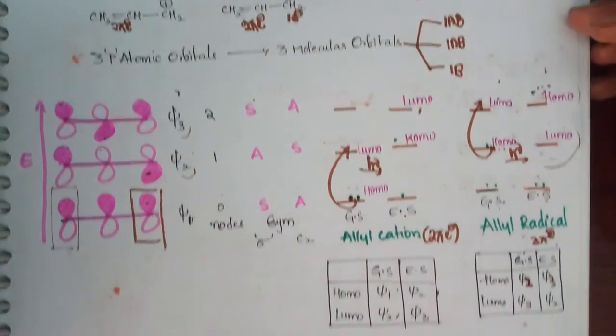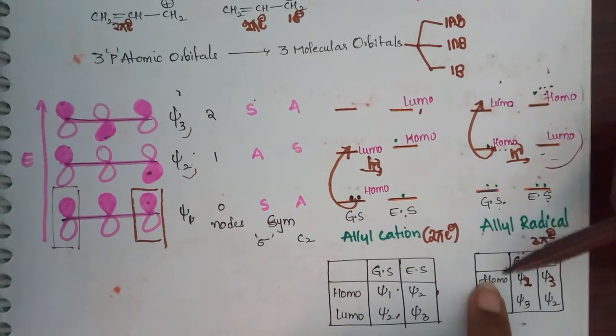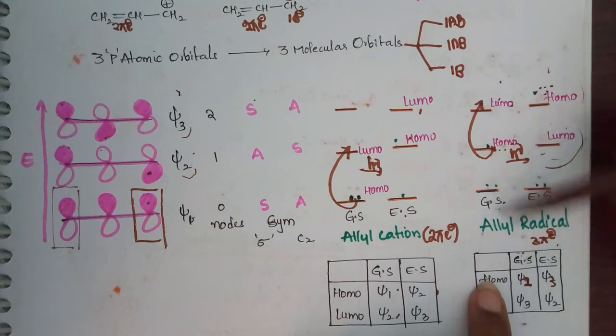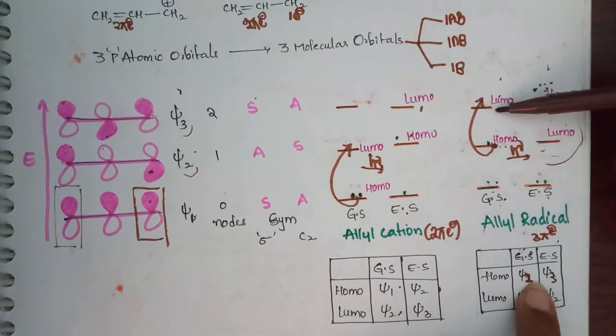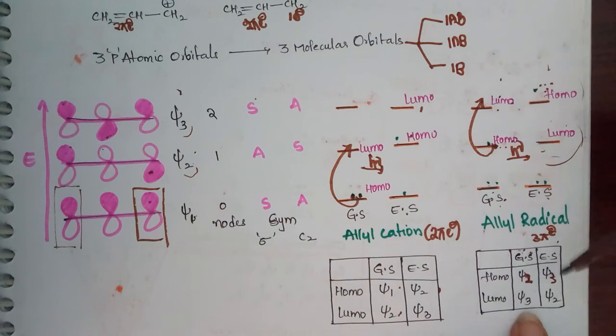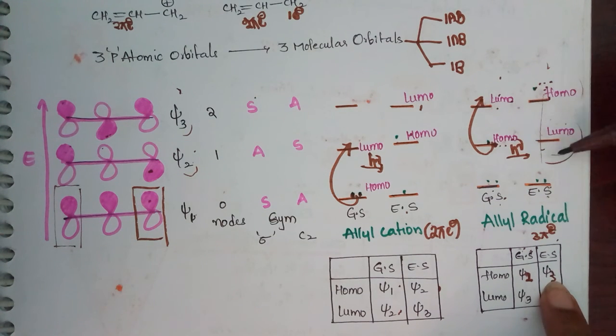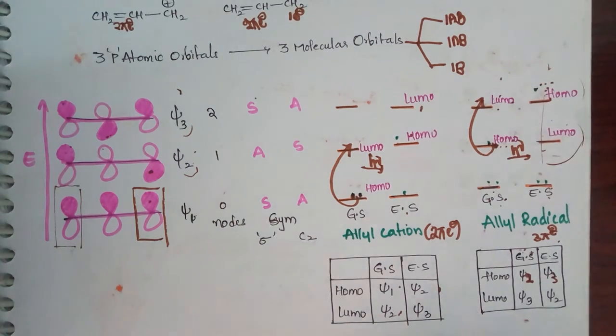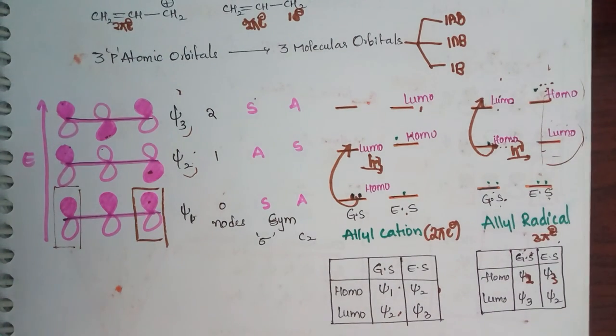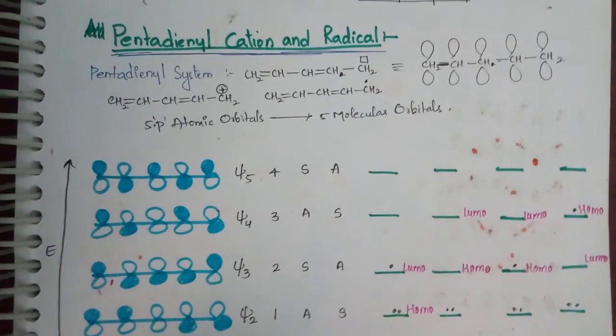Once again I will repeat: ground state, HOMO psi2, LUMO psi3. In the excited state, HOMO is psi3, LUMO is psi2. In this way you have to write for allyl cation or radical. Similarly you will have for